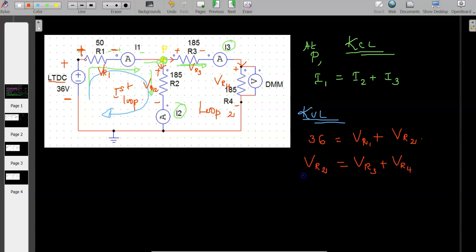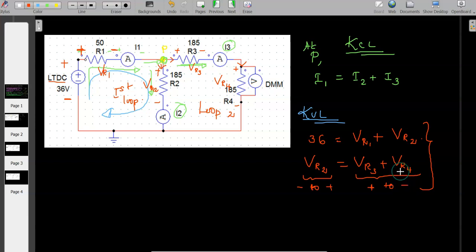So this side the polarity is minus to plus in the direction of current, and this side the polarity of the drop in the resistor is plus to minus in the direction of current. So I am just writing the polarity in the direction of current. So this is just a key point, and it is not a basic rule to be followed to write these equations. This is one of the hints that you can use to write the equations. So we are going to check whether these are satisfied